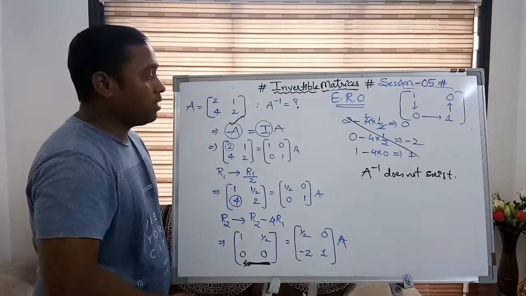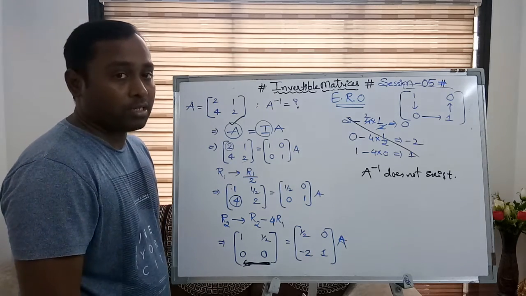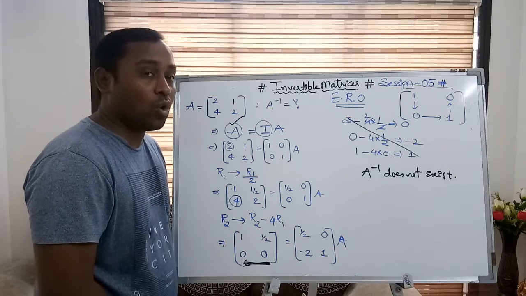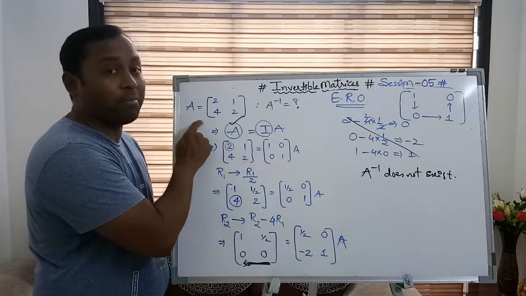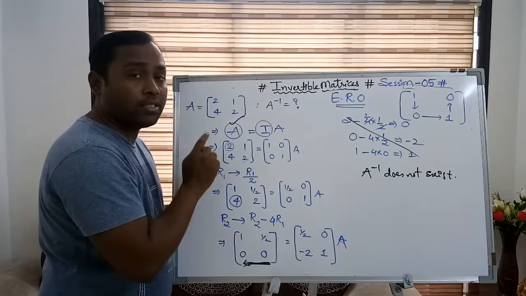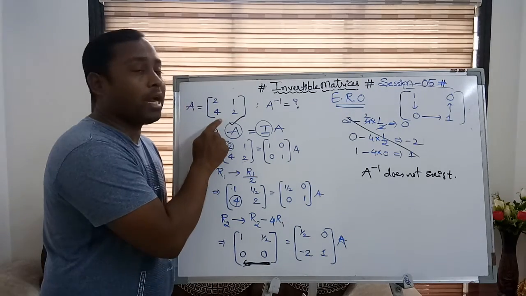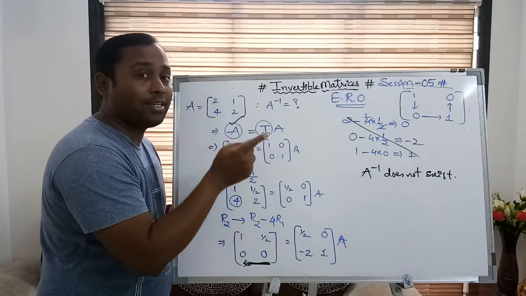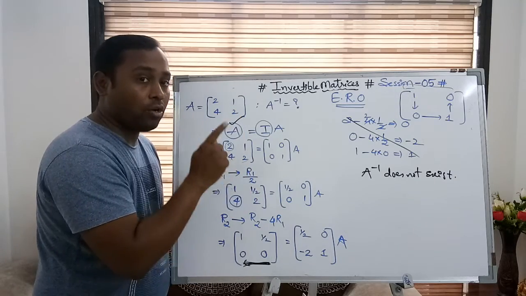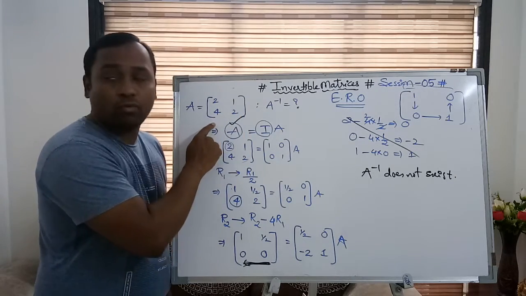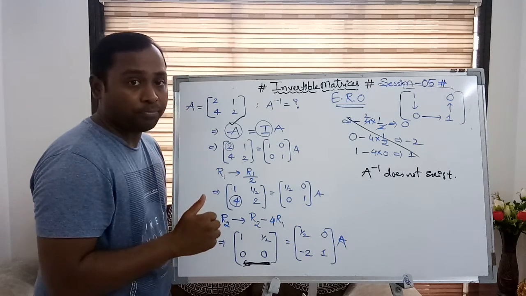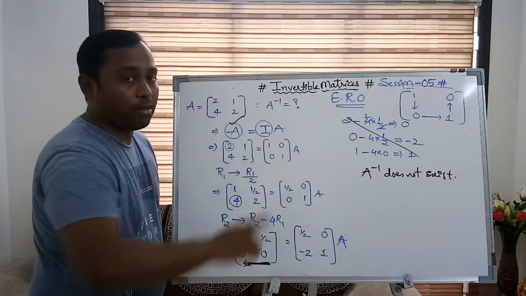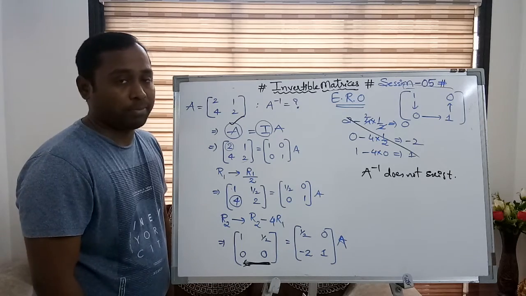Okay, so this is purposely framed to understand that the A inverse is not always possible, though it is a square matrix. So we cannot say that every square matrix possesses its inverse. Remember? So this is an example which supports the statement.